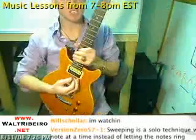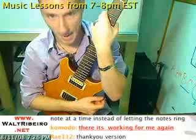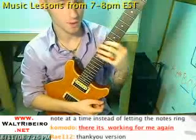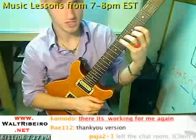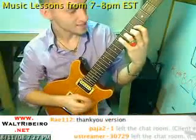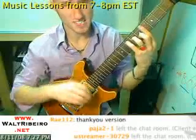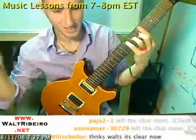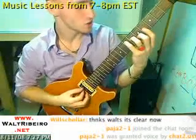So sweeping is a solo technique where you play one note at a time instead of letting the notes ring out. Yes, absolutely. So notice that when I'm playing one note at a time, when I'm alternate picking like this, the notes are actually bleeding, and yes, we're using that word bleed again. I'm actually bleeding one note into the next. So that when I'm doing this,